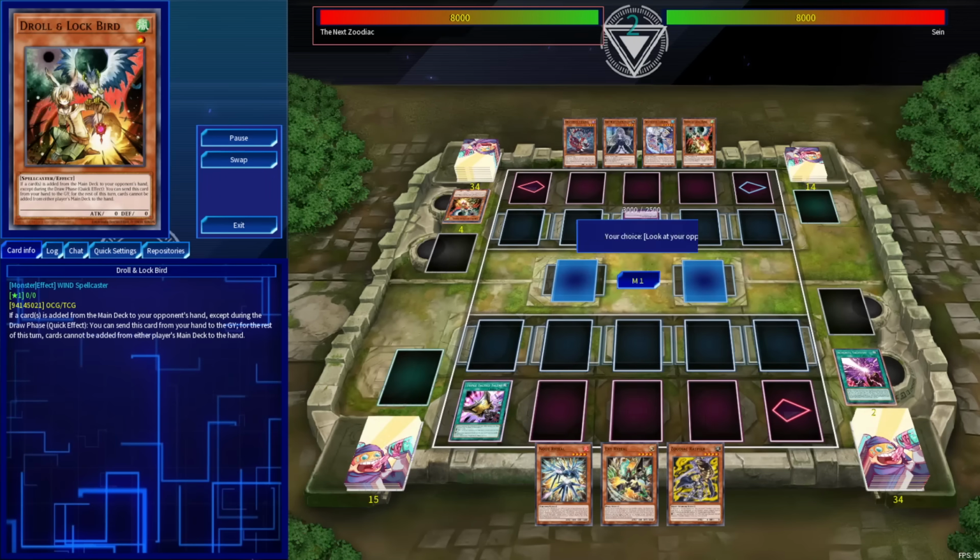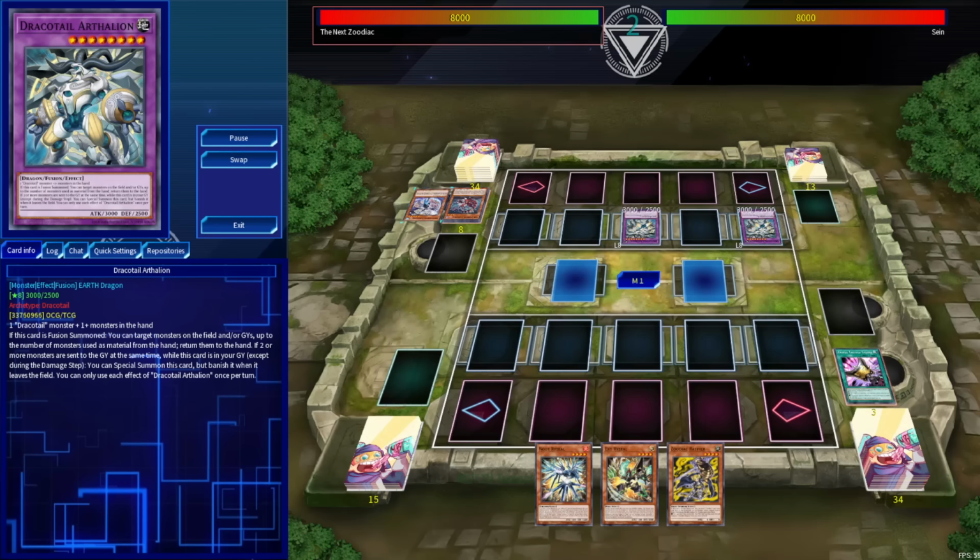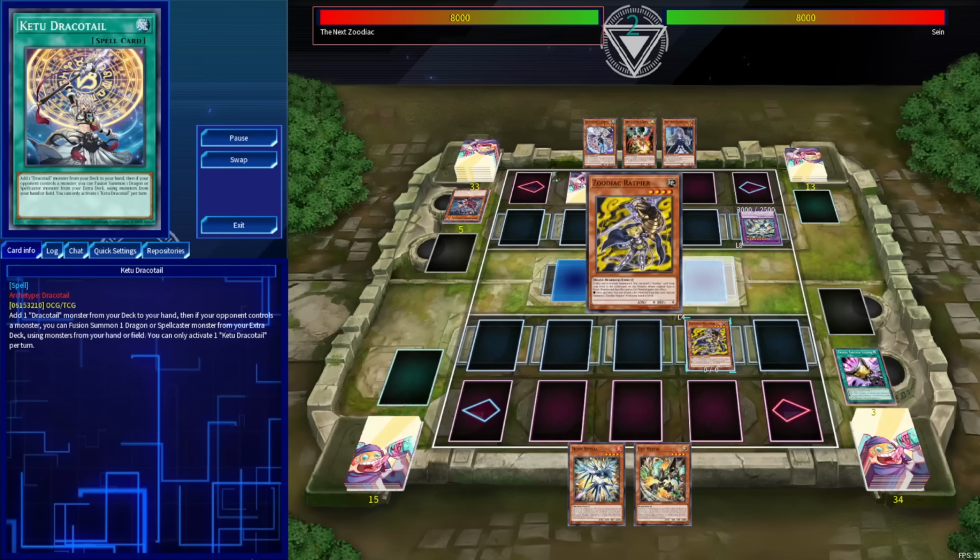We're going to triple tack to look at their hand, but this is a really cool play. They go 5 on Ascend everything because Arthalion is 1+. Then at resolution, they can use Arthalion to just get everything back. It's really cute. They'll use the little boo-boo to set a copy of Ketu Dracotail, and we're going to go